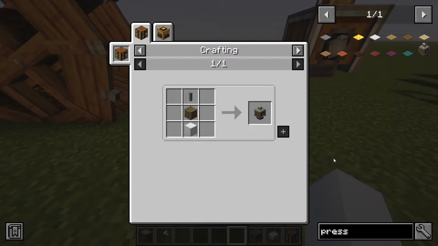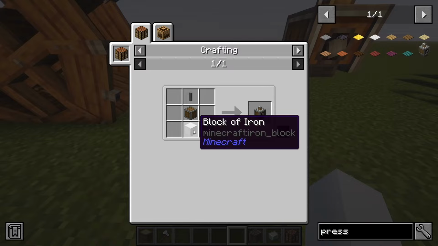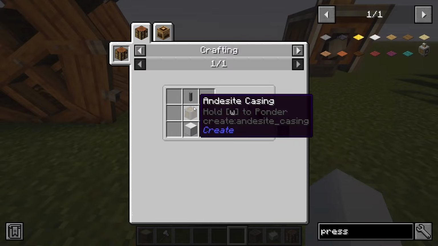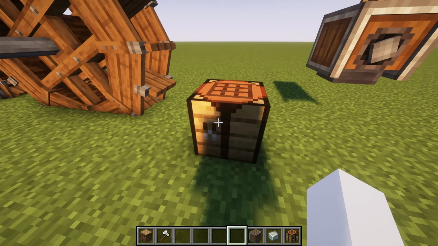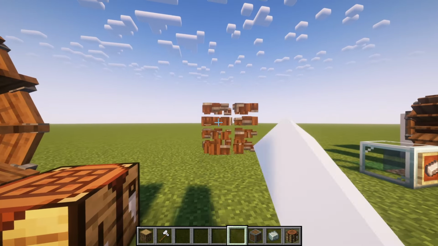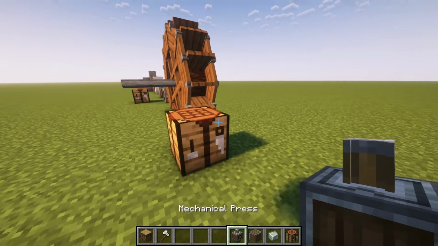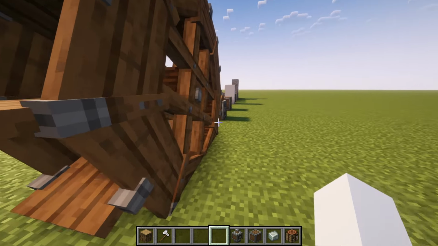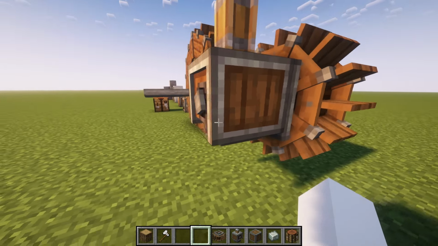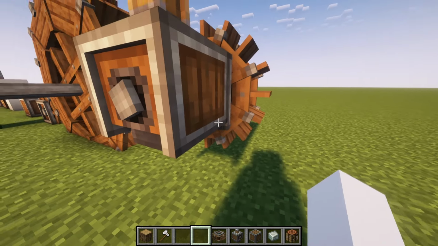This is where things start to get a little bit more resource intensive, a whole iron block for this. It's not horrible, but once you start factoring in the iron for the casings and the shafts, it gets a little bit expensive for people who are just starting out. So you have your mechanical press here, and you have your water wheels, and you go to put your water wheel on the back of your press to power it, but it's not doing anything because you need some